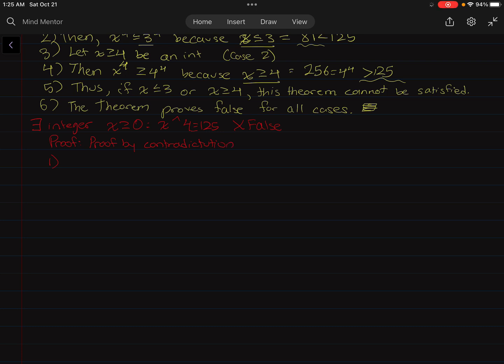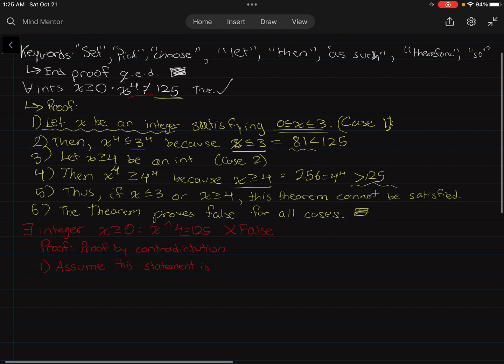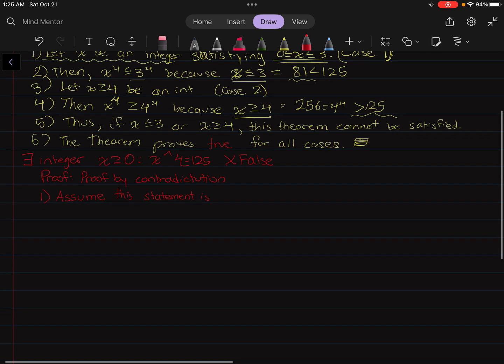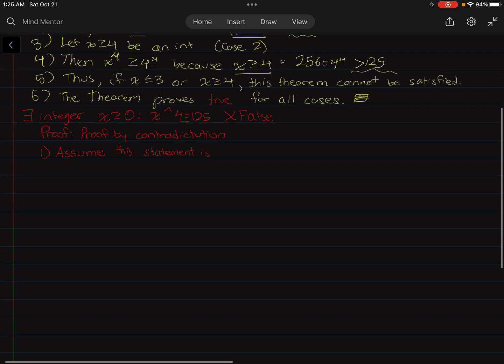So, assume this statement. I've made a pretty big mistake here. This last proof we did in the conclusion, the premise proves true, because it says x to the 4 cannot equal 125. Yeah, that was a mistake on my end. Sorry about that. But over here we have assume this statement is